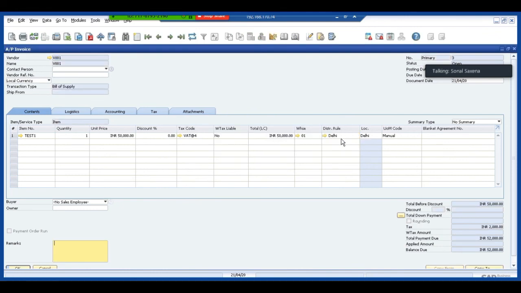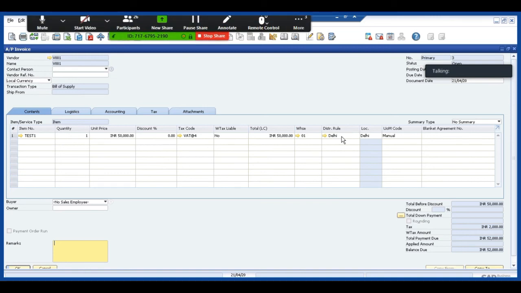Is that okay with you? Does that answer your question? You have already added one document, an AP invoice, and I wanted to change the distribution on it. Okay, I think we can move ahead then.